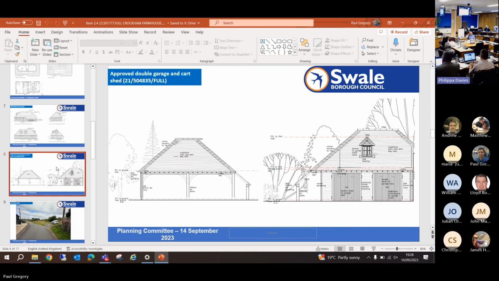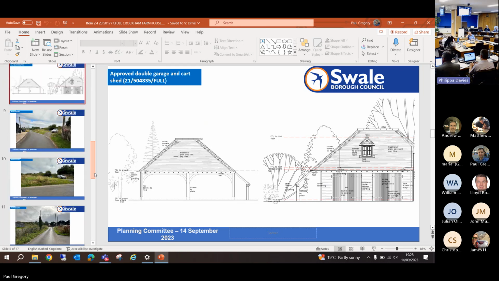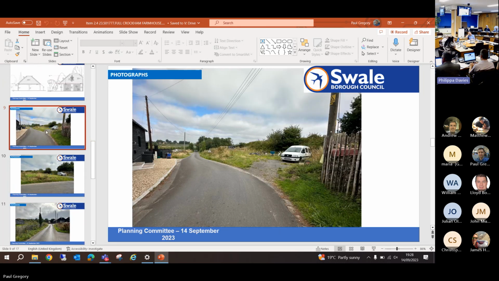level. Just going back to that application that's already got planning permission on the site, these are the elevations of that, and the height of the building proposed now is the same height as the garage that was granted planning permission previously. In terms of the site photos, it's here on the right hand side. It's currently used essentially for informal parking by the residents of the dwelling, and